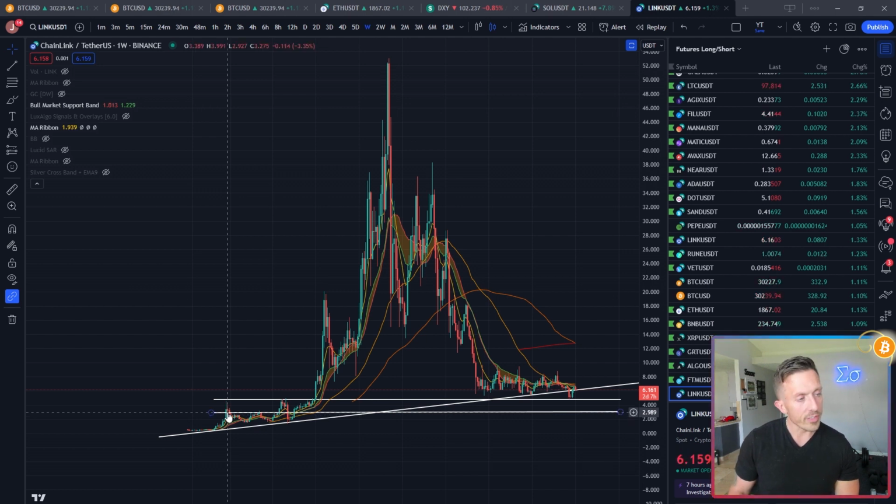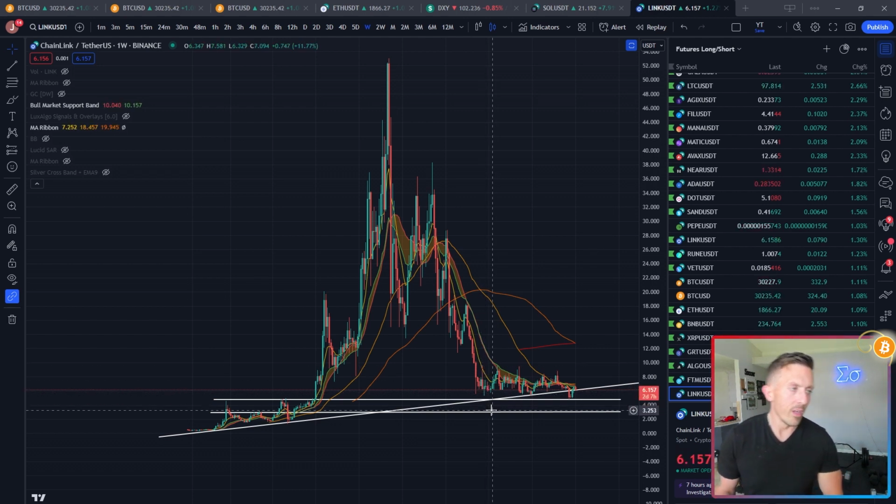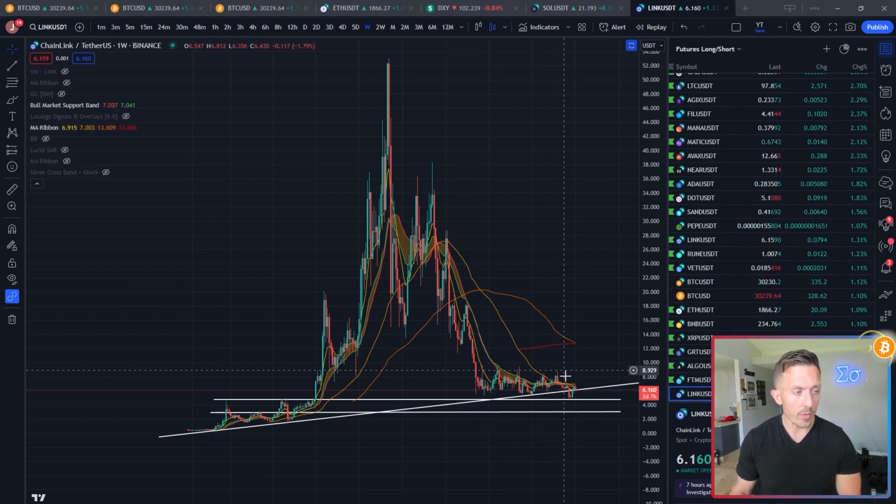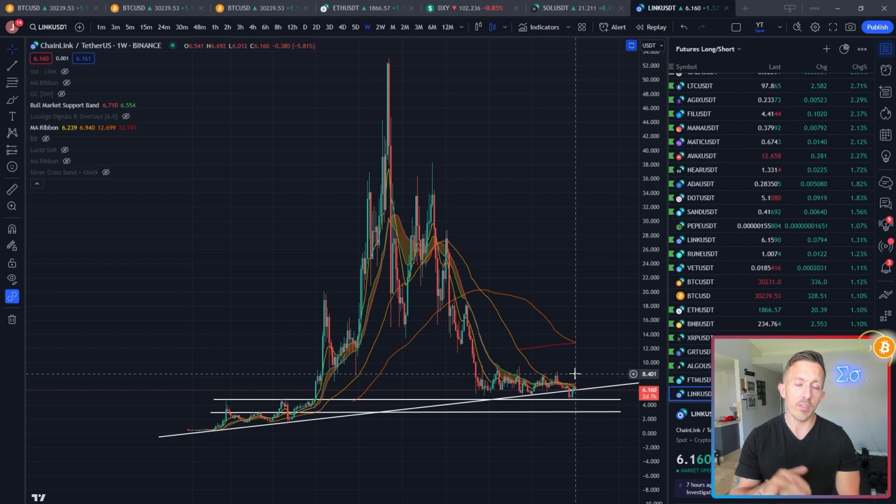Leading me to see some confluence between the last bear market and this one, where Chainlink has vacillated right between $9.50, let's just say $10, and $5.50 for the last several months. It's just gone back and forth, ping pong, up and down, whereas other altcoins have continued to bleed and bleed and bleed.